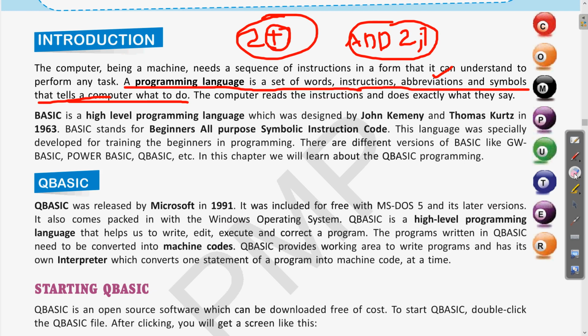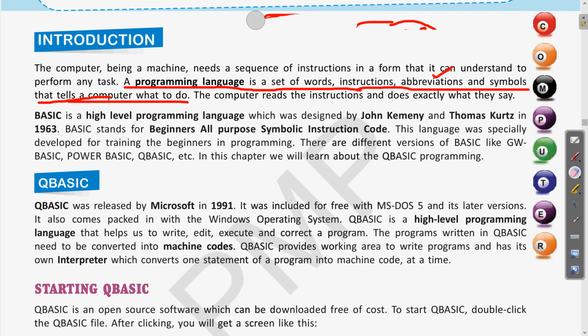So programming language, you can say, is a set of words and instructions. Whatever you are giving as an instruction to the computer is part of the programming language. Then the computer reads the instructions, understands them, and does exactly what they say. Whatever instruction we give to the computer, it reads those instructions and does whatever has been asked of it. Clear?